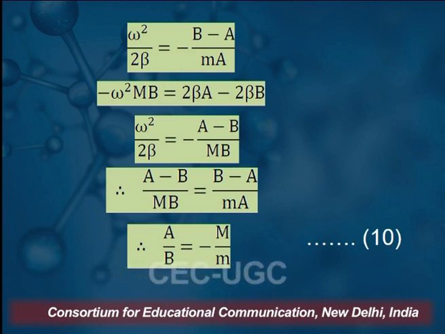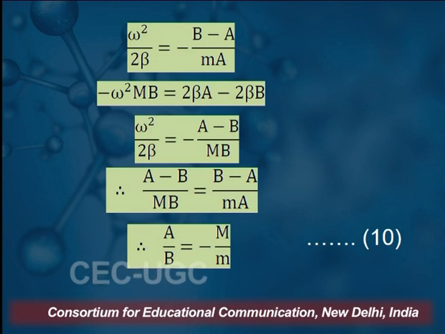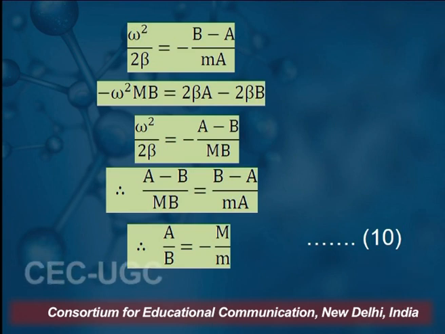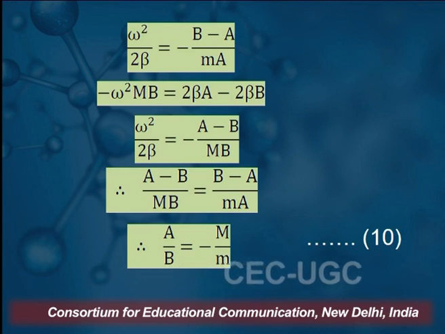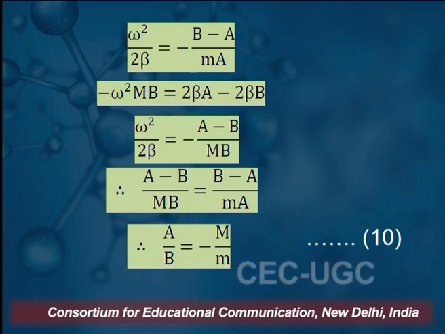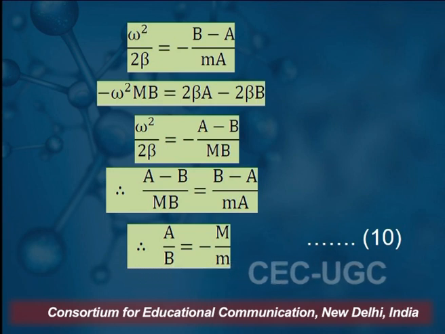The second equation, as cos k a tends to 1, will take the form minus omega square capital M into B should be equal to 2 beta A minus 2 beta B, or again if I rearrange that, omega square by 2 beta should be equal to minus of A minus B upon capital M into B. By equating the RHS of omega square by 2 beta from these two equations, we get A minus B upon capital M into B should be equal to B minus A